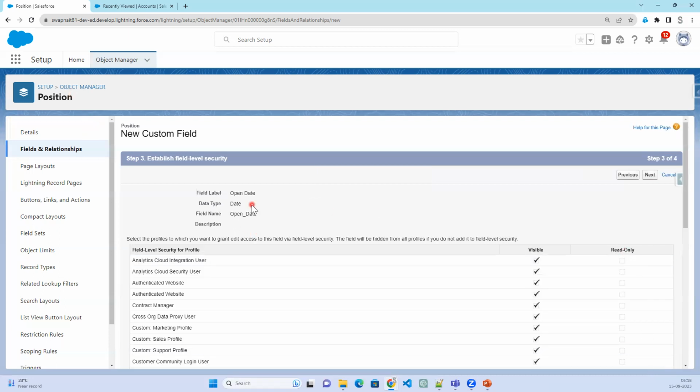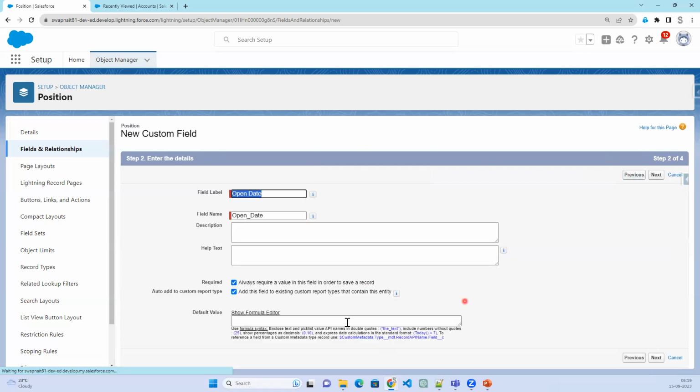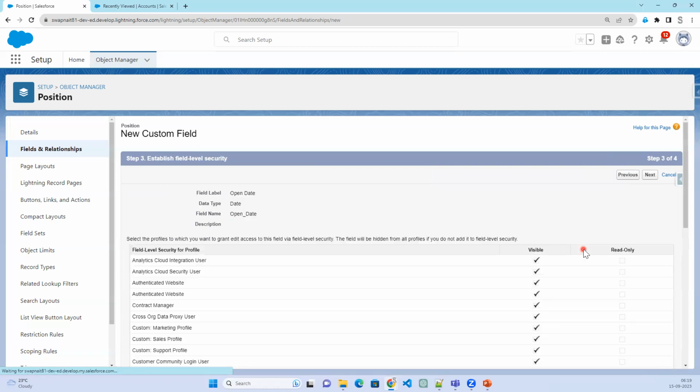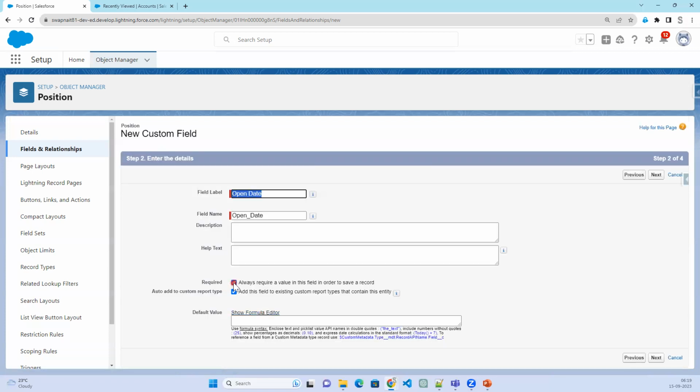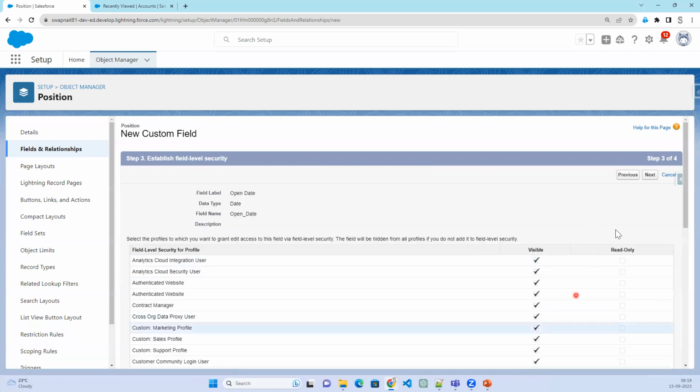Now, if I make it mandatory, then you will not see the read-only option here. This screen will be disabled based on the previous screen, whatever checkbox is there, whether it is a required checkbox or not. So the second screen depends on this selection. If you make it a required field on the previous screen, then the third step is everything disabled. Now if you remove required on the second step,